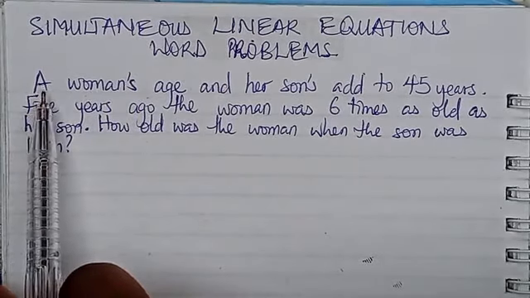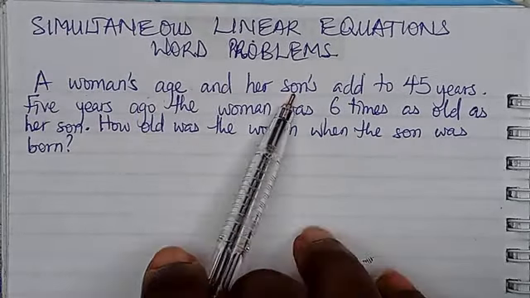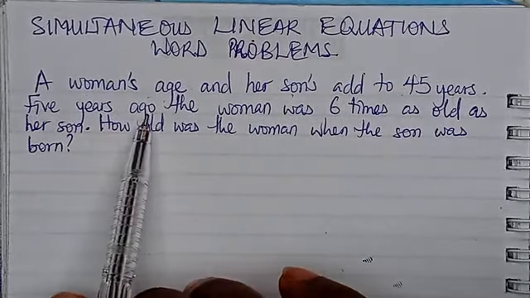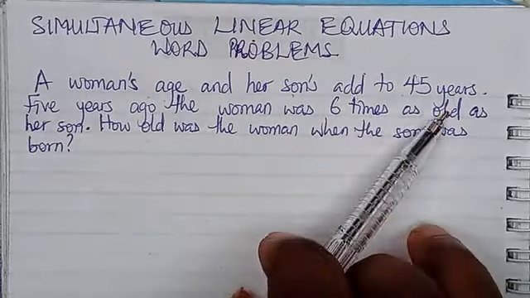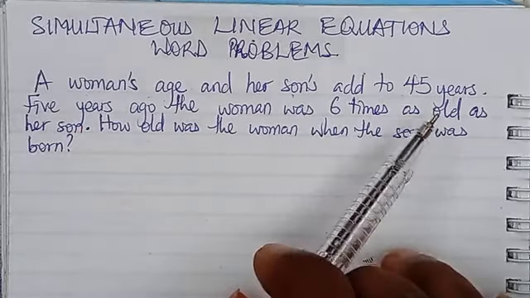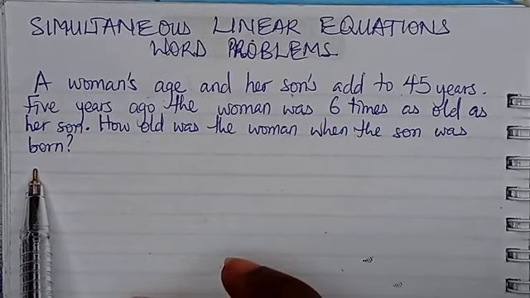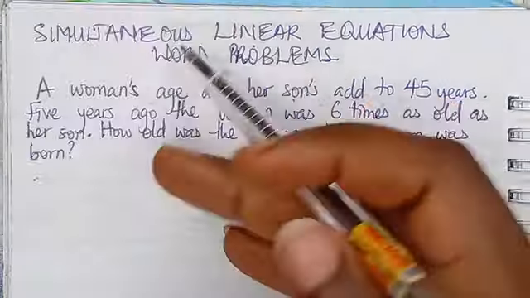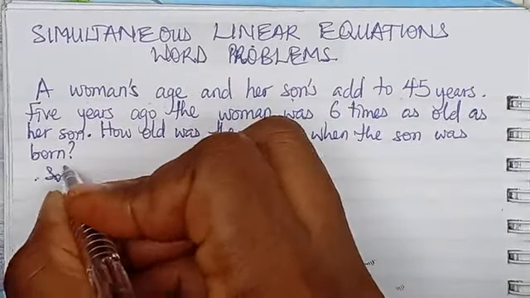It says a woman's age and her son's add to 45 years. 5 years ago, the woman was 6 times as old as her son. How old was the woman when the son was born? Now we are going to be taking it bit by bit. For solution,